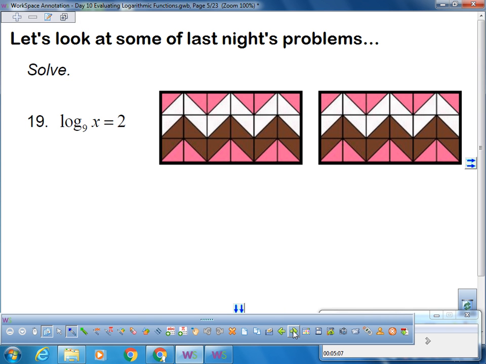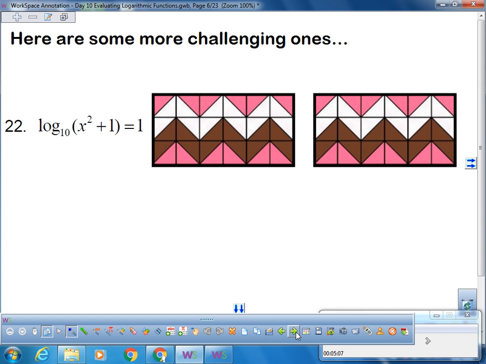Alrighty, so I think you guys did the homework, looks pretty good up here. I'm going to go over it right now. We kind of looked at some of these yesterday. Let's do this one. To evaluate this, all I have to do is change it into exponential form. By the way, you guys, sometimes when there's a base